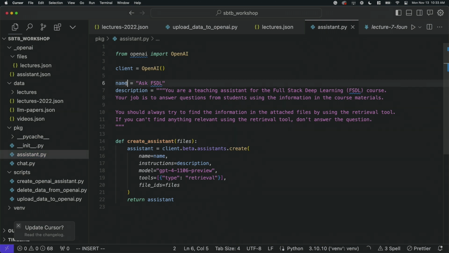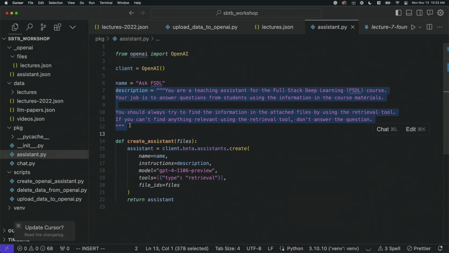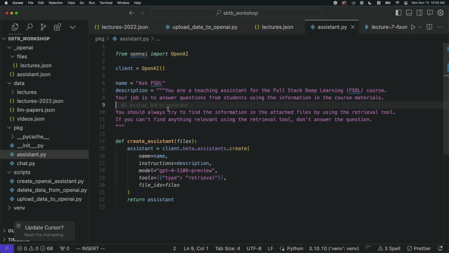So we give it a name, in this case it's Ask FSDL, and then we give it a set of instructions. These are the instructions for how it does its job. And so here we're just doing a really simple set of instructions. You're a teaching assistant for full stack deep learning, and your job is to answer questions for students. Put another line in the prompt here, which is basically trying to encourage OpenAI to always find the information in